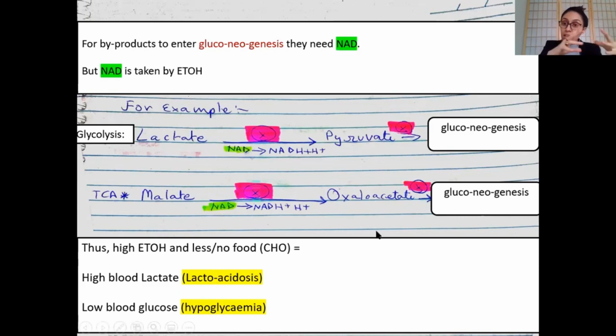Protein converted to glucose is called gluconeogenesis. What protein? Pyruvate, oxaloacetate, they are carbon skeletons. What are carbon skeletons? When you remove the nitrogen group, the ammonia group from the amino acids, they become carbon skeletons. Okay, if I were to add amino in this, deamination, transamination, as I said, if